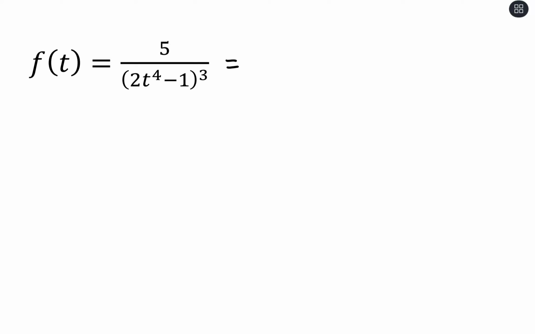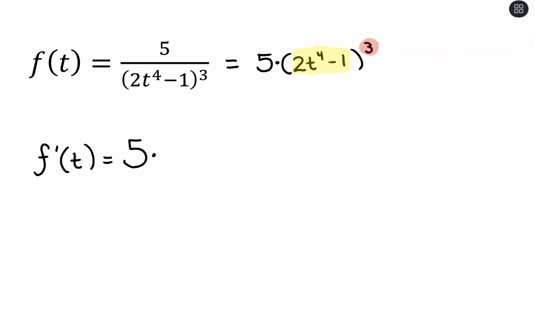So what I would do is I would go ahead and change this to 5 times, and then in parentheses 2t to the 4th minus 1 cubed. Because what we have here is a constant times, and then this is a common scenario we've seen so far for our chain rule. So what I could do is apply the chain rule, and then the rule of the derivative with a constant multiplying is we just keep multiplying that constant. So what you could do is taking the derivative, that 5 will keep multiplying on, and then I'll apply my